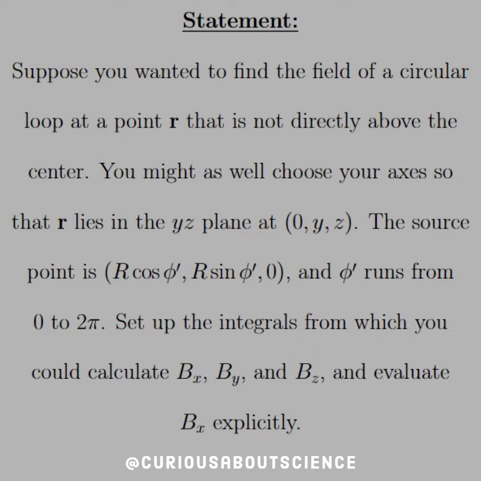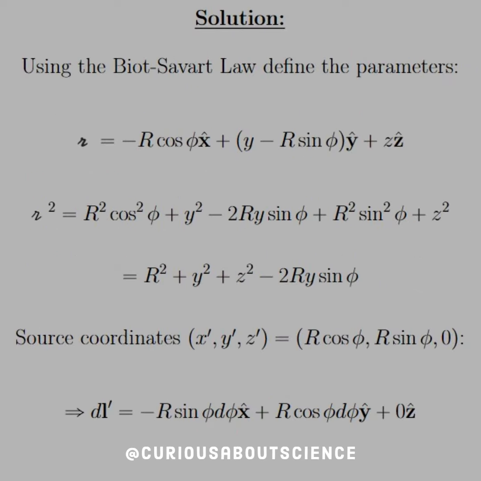Set up the integral from which you could calculate Bx, By, Bz, and evaluate Bx explicitly. This is going to turn into a mess, so hold on with me. All right, so we can use the Biot-Savart law, and we just need to find the parameters. The script r vector, the separation vector, is negative R cos φ (we just drop the primes for convenience)